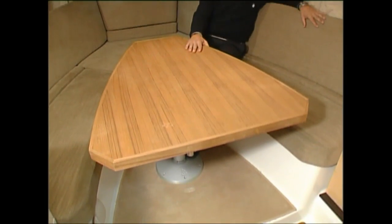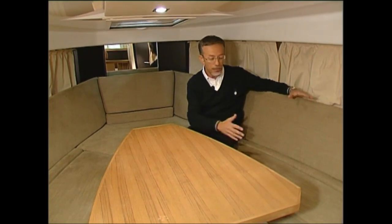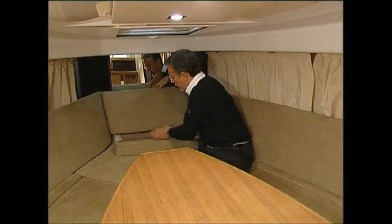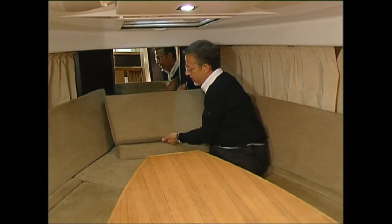The dinette is organized in such a way as to host, on the sofa, at least 5 people. But there's one curious element that is worth looking at. While on the side benches you can be really comfortable, you could say that the backrest is a bit too far back to be comfortable for those sitting at the head of the table. So here's the solution. With a fairly easy movement, you can bring the backrest forward so that you can also